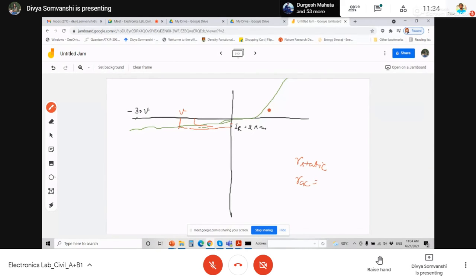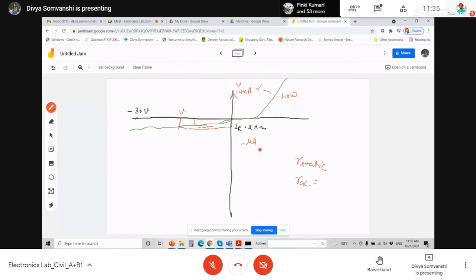Okay, it's simple. Don't go into any theory, just see. In your forward bias, what is the order of current? Milliampere, right? Because we talk about 15 milliampere. And what is the order of current in your reverse bias? It is in microamperes. So current is more here. If current is more, it means your resistance is low or high, Ayush? Low, right? Because your current is more.